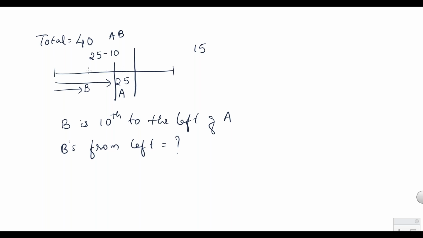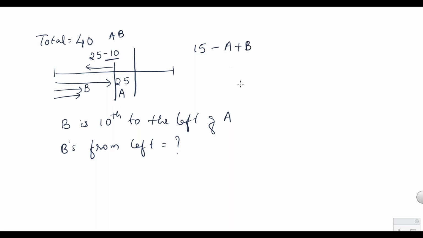Now if I am subtracting these 10, am I subtracting B? Don't get confused. Total number of people up to here is 25. Out of these 25, if I subtract 10, I'm not subtracting A, but actually I have to subtract A. But I'm subtracting B, because out of these 10 people, B is included. I'm subtracting B, but I'm not subtracting A.